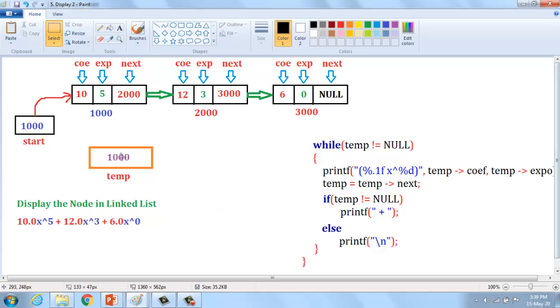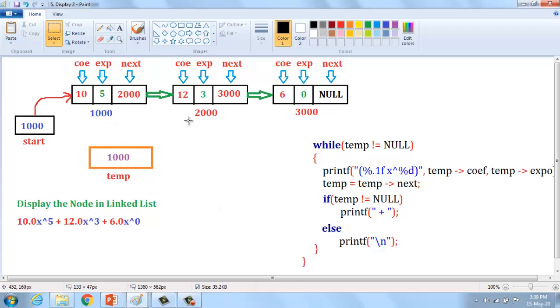We have considered 3 nodes present in the linked list: 10 x power 5, 12 x power 3, 6 x power 0. Each node has an address pointing to the next node in the list. The last node is null, the end of the linked list.